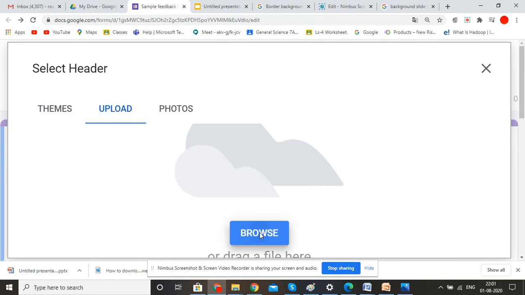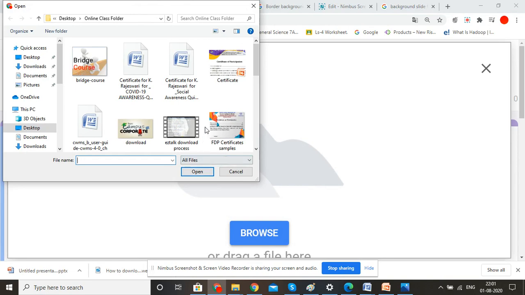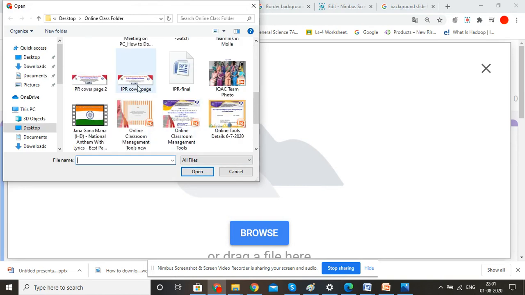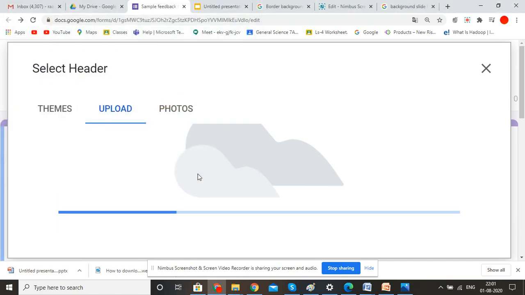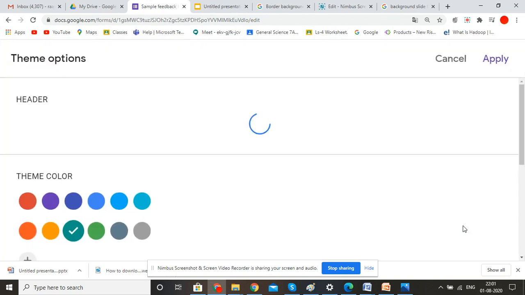So for that, whatever certificate we have prepared, according to the header size we have to adjust. For example, I have already adjusted some certificate like headers, some samples I have adjusted. I'm just going to show you here. So if you see here, whatever certificate I have created, in that only I just cut the part and I have kept it here. Okay, so just click the done button, now you see I'm just showing the sample here, that's all.